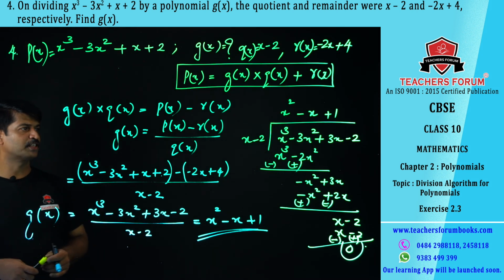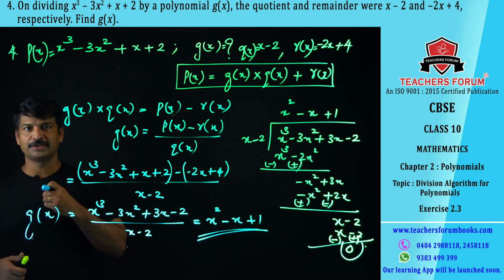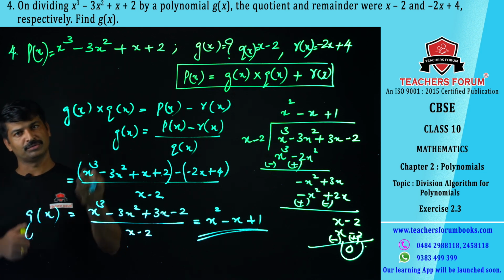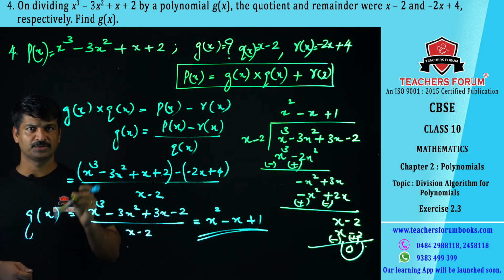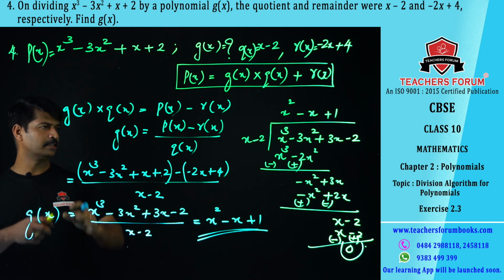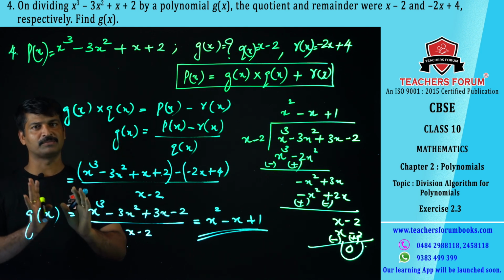So far we have discussed NCERT solutions from the chapter polynomials. We have done 2.2, the aerial classes. Today we have done some problems from the exercise 2.3. I think these all topics, it's clear and you learn these topics, I'm sure.